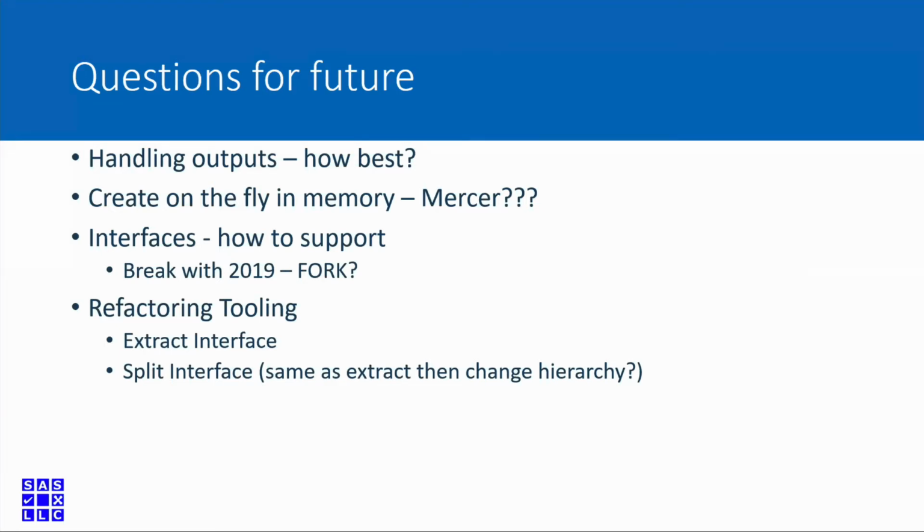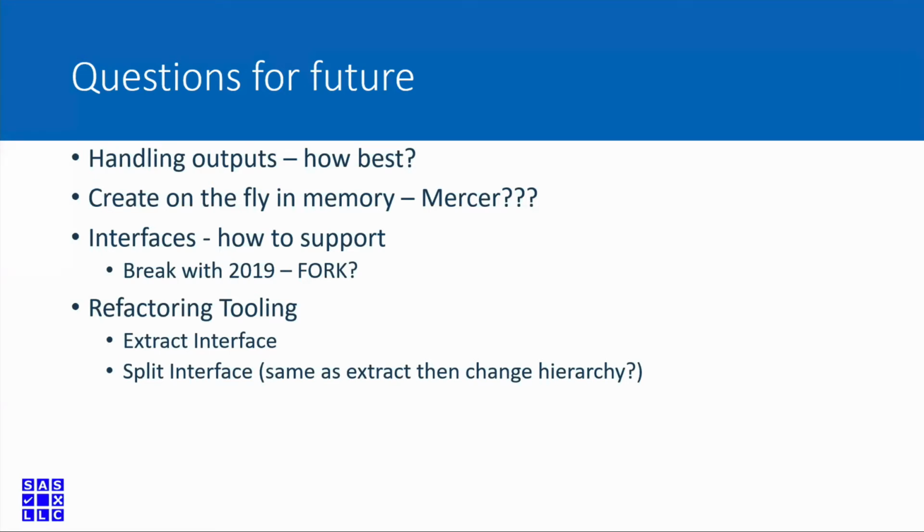All right, so I think this is a point where we go to the demo, but here are a few points that I want people to keep in mind as I'm showing you what I'm doing, and then maybe we can get back together at the end and talk about this. So the first one is handling outputs. A lot of mock objects in Python in particular, a lot of it's manipulating the outputs. Now, there's a whole debate of terminology, so I tend to use the term test double for things that generate outputs. But mocks also sometimes need to generate outputs in order to drive through the correct